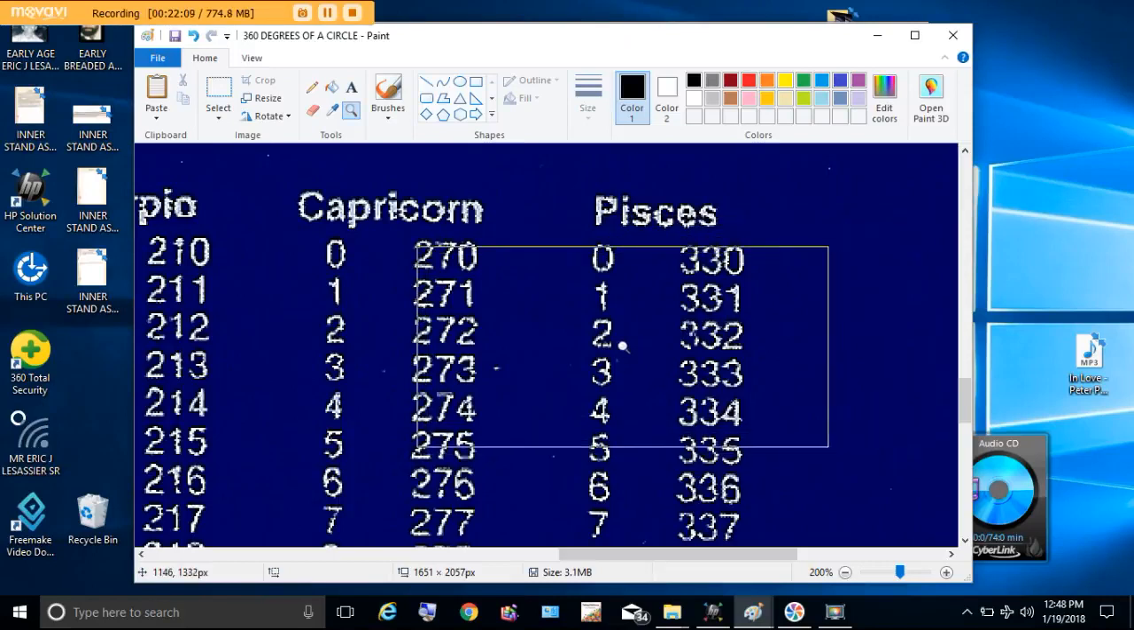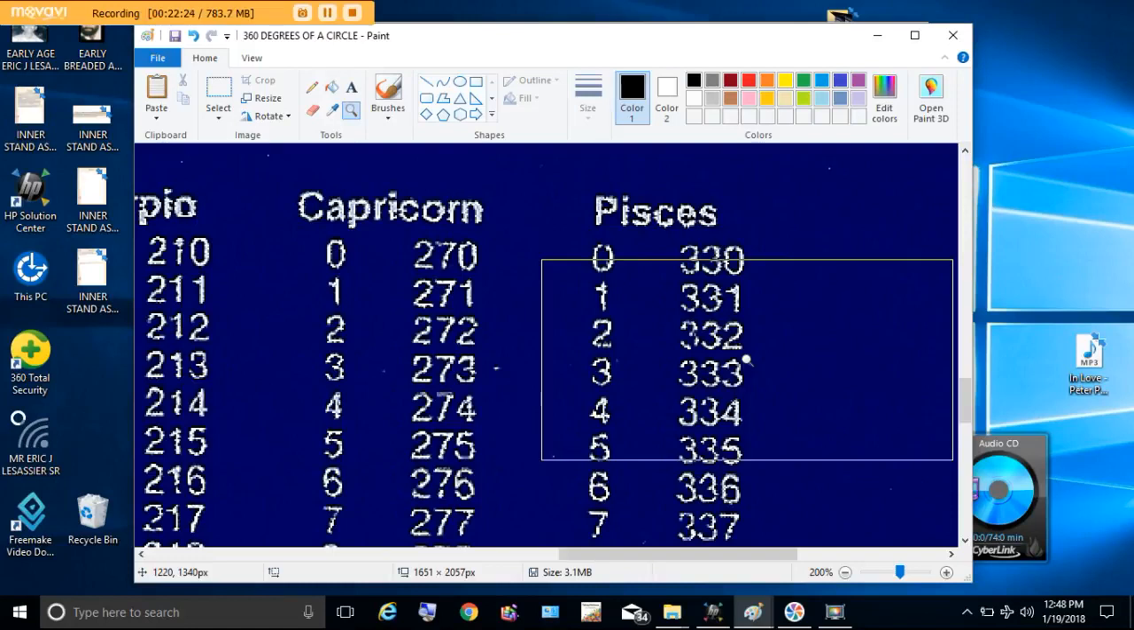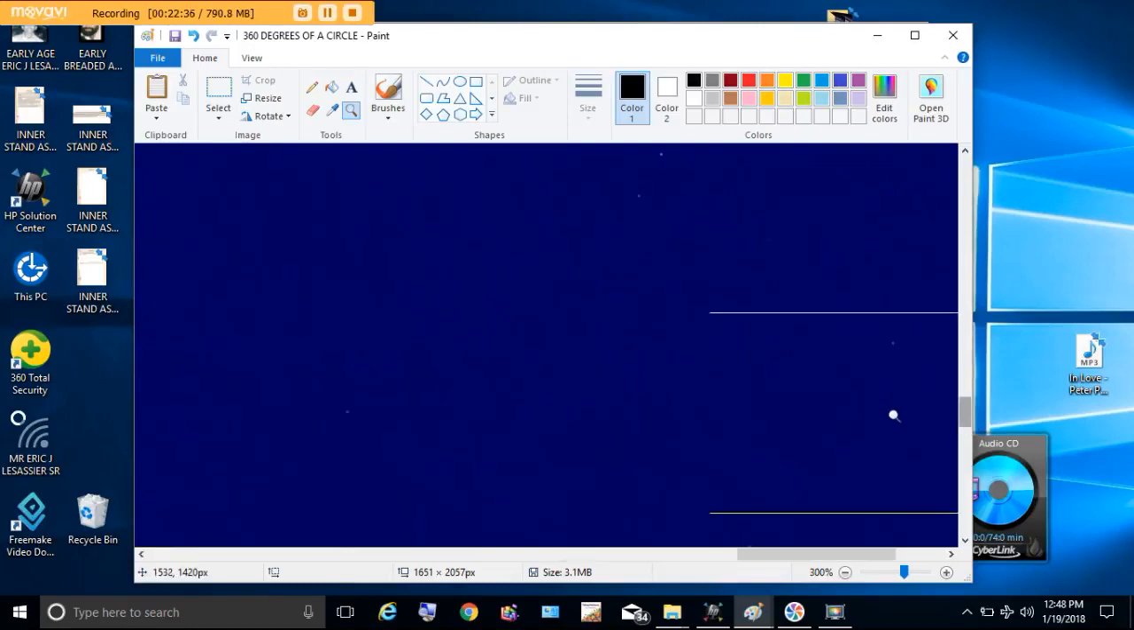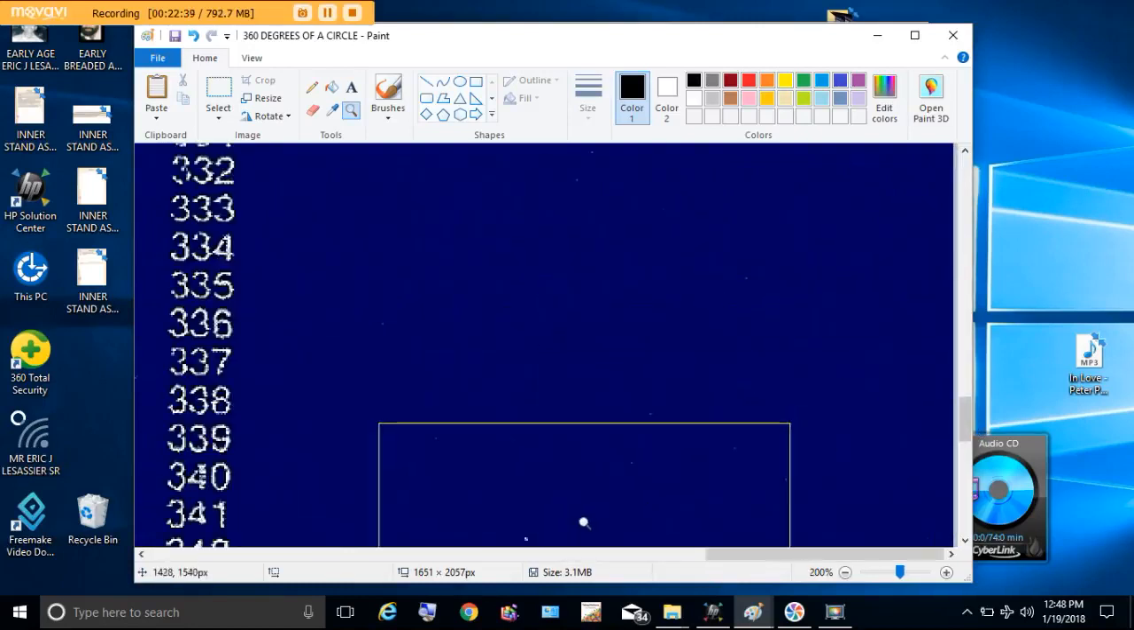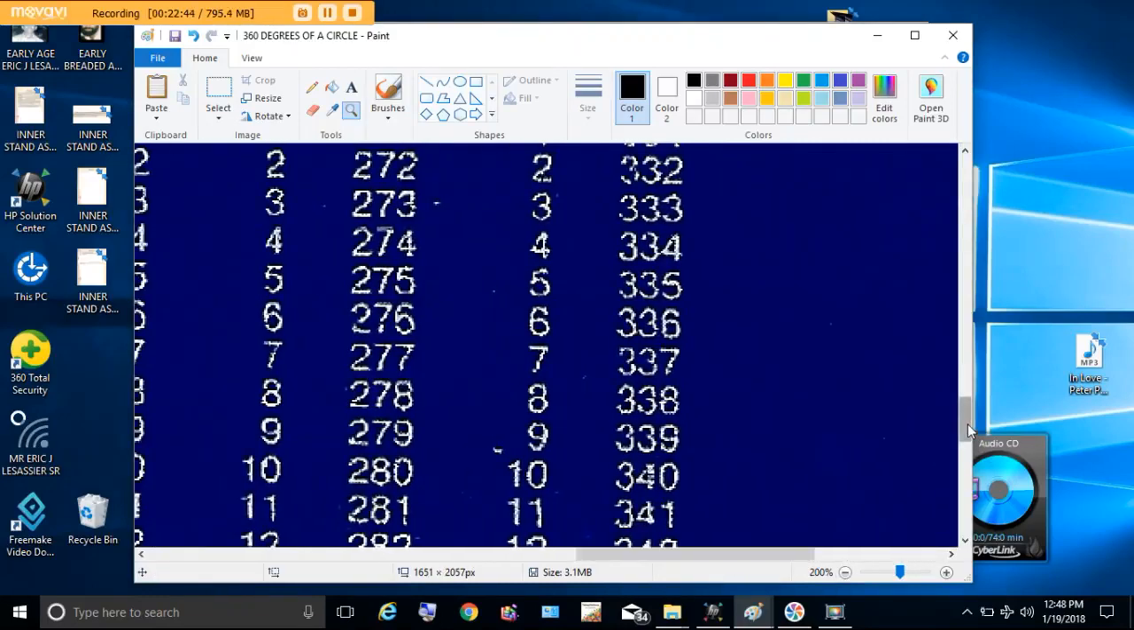Okay, let's say a person is born on the 2nd day of Pisces, when the sun is passing through the Piscean season. Then the 2nd day would be 2 degrees. That 2 degree value on the universal 360 degree chart would be equal to 332 degrees. And so we progress to the next degree,